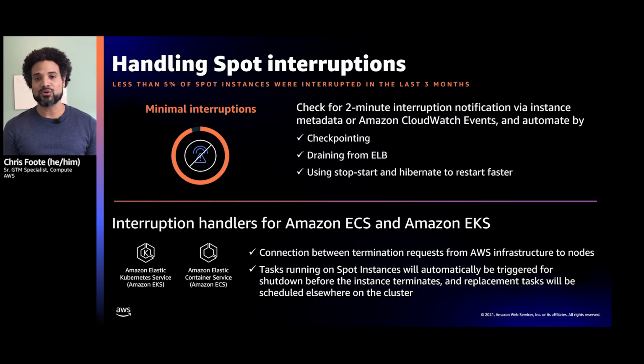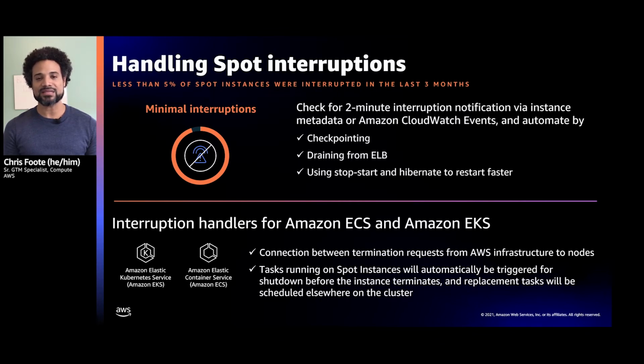So if you're going to plan for interruptions in case they occur, you want to understand what happens when they do. And when an interruption notification happens, it lands in 2 places. The first place it lands in is Amazon EventBridge. The second place is the instance metadata of the spot instance being interrupted. What we're expecting customers to do is take that spot interruption notification and automate a response to that.